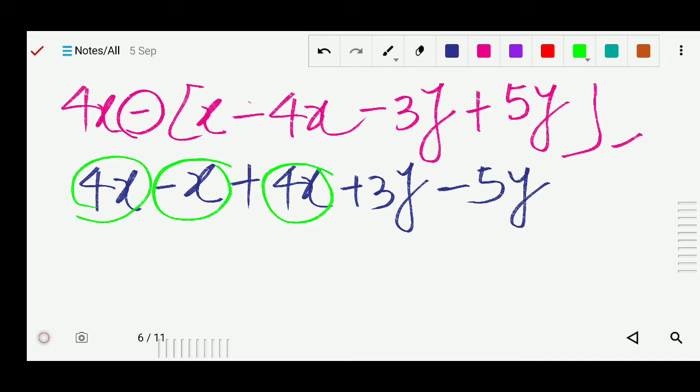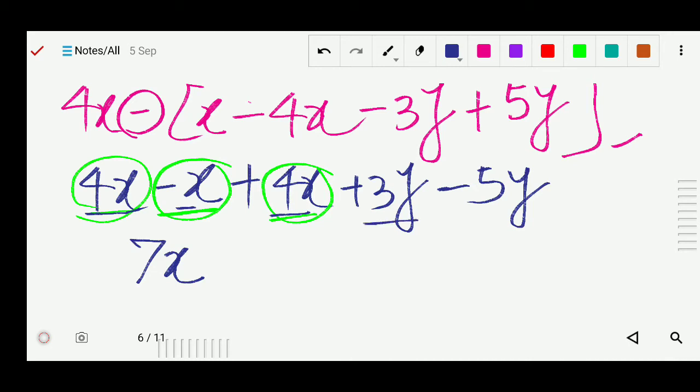So this 4x plus 4x is 8x, and minus 1x, so that is 7x. So right here, 7x. You can solve it however you want. You can write it row-wise, or write all these values in a column and solve. This is up to you. In your mind you can calculate, then okay.